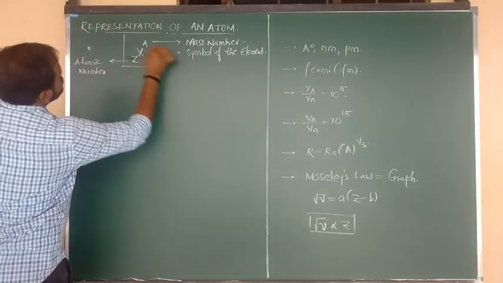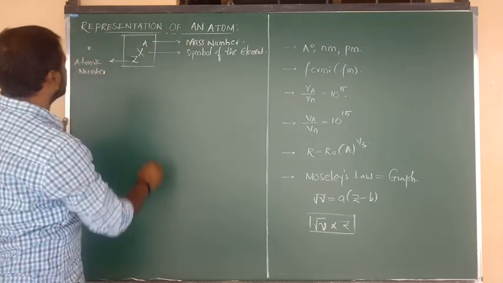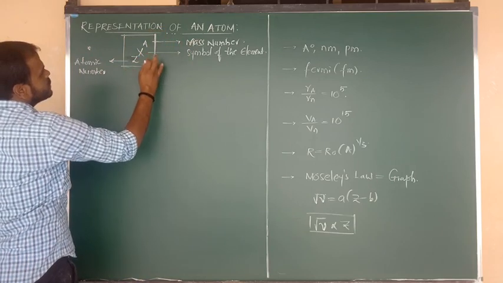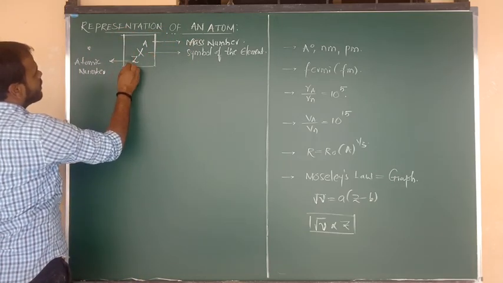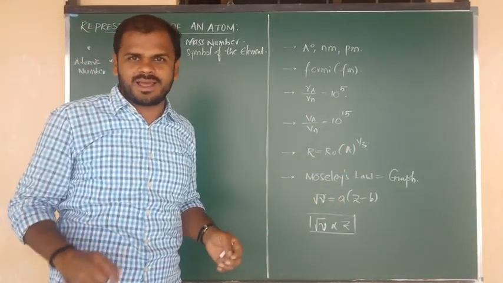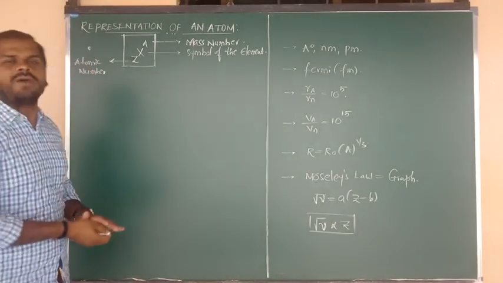So here I am going to show you in the form of box indication. All of you, remember this a lot. Don't forget. It is a general representation and a common fundamental topic. That's why I have told you this topic in bridge course time. Good. So what is the general representation of an element?